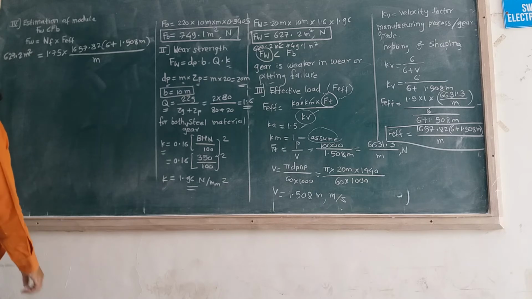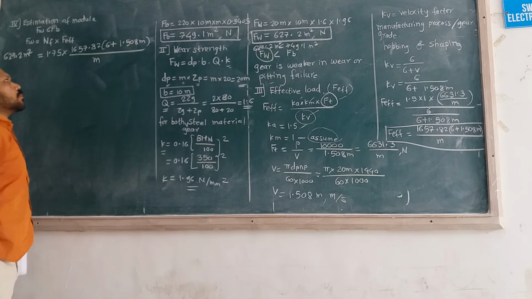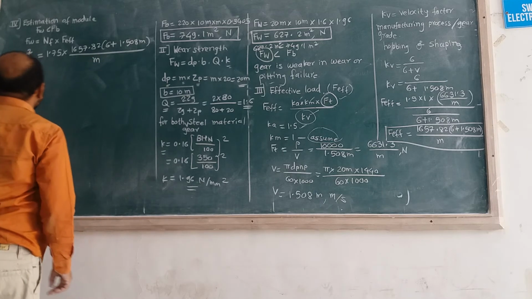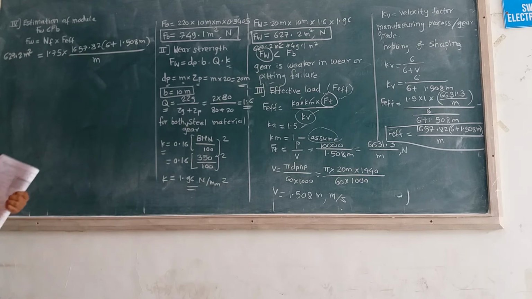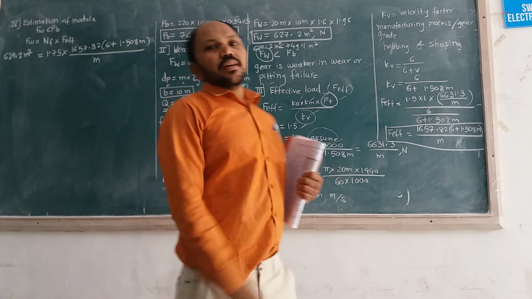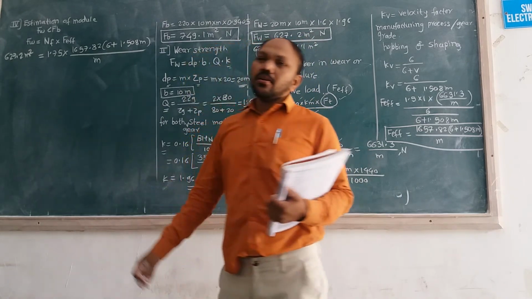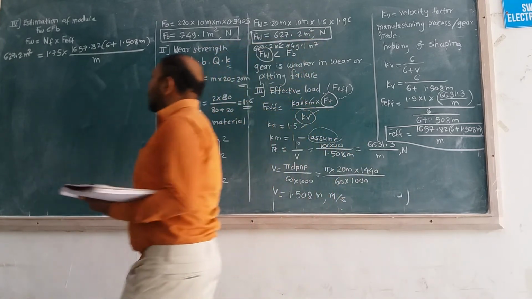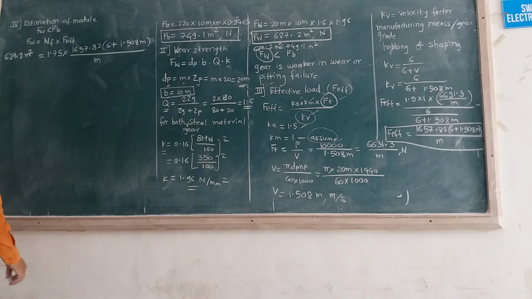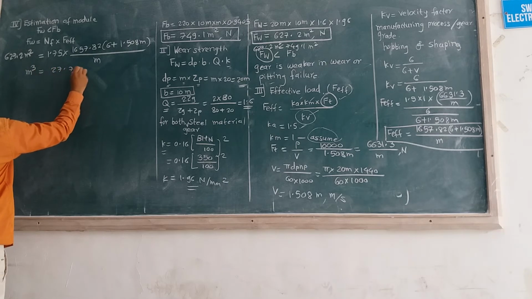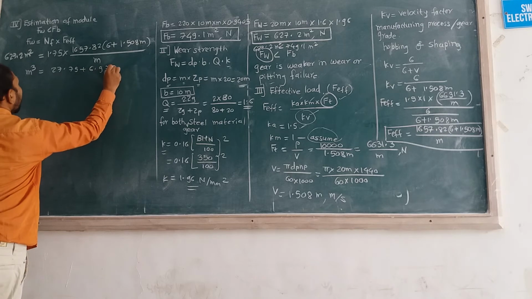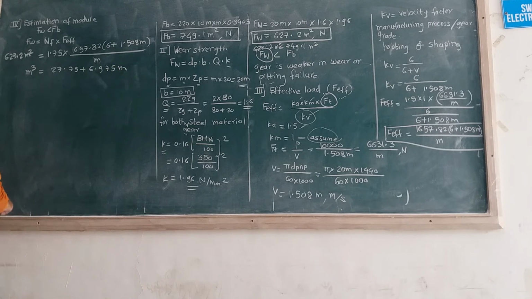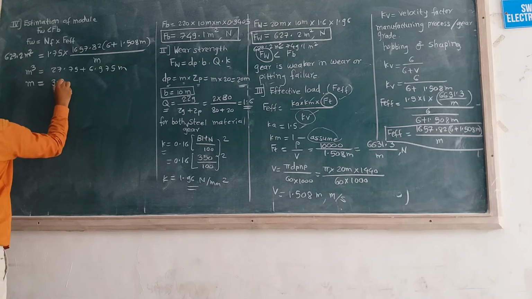1.75 into 1657.88 into 6 plus 1.508 times module divided by m. So if we observe the whole equation, then only the module is unknown. By using this equation, you can easily calculate the module value. After calculation, we get m cube is equal to 27.75 plus 6.975 times module. If we solve this cubic equation by trial and error method, m is nearly equal to